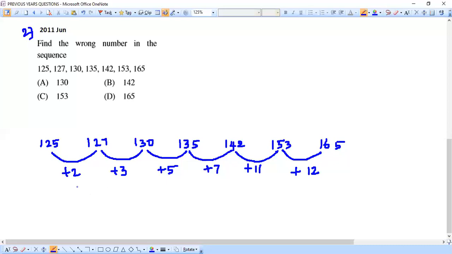That's it. So fine. Here we will try to observe the pattern. What pattern is followed here? Look closely at the numbers. Plus 2, plus 3, plus 5, plus 7, plus 11. And then we have plus 12. By this time you should have caught what numbers these are. Have you? What numbers are these? No doubt, the numbers we see here are none other than prime numbers, right? These are all prime numbers.